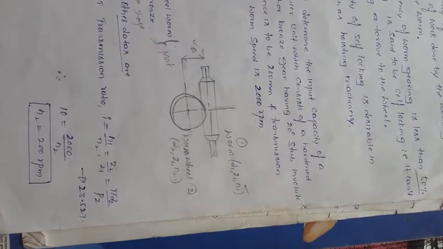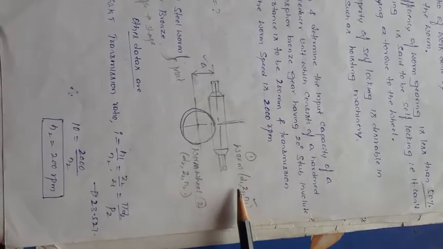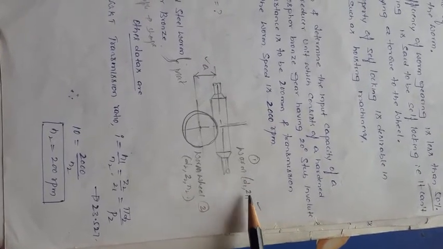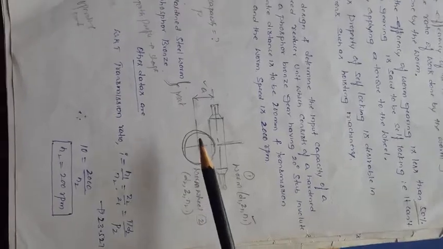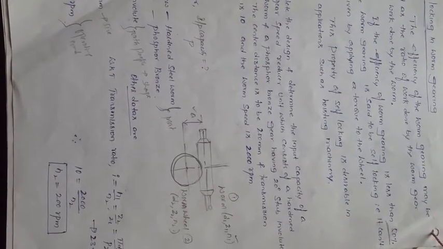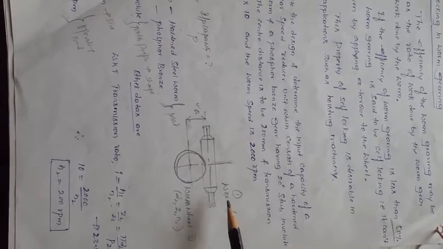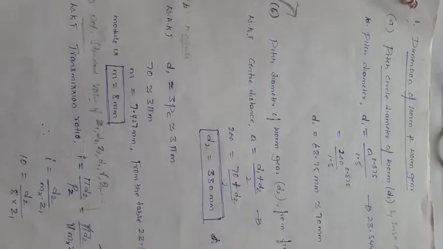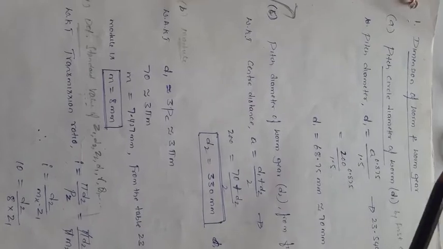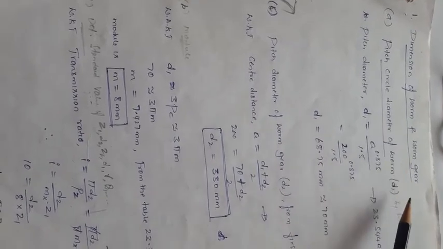Now we will go for the design of the worm gear. I want to determine the diameters, the number of teeth, and the input power capacity, the power required to transmit the motion in the worm gear. Now go according to the procedure. First, determine the dimensions of the worm and worm gear.